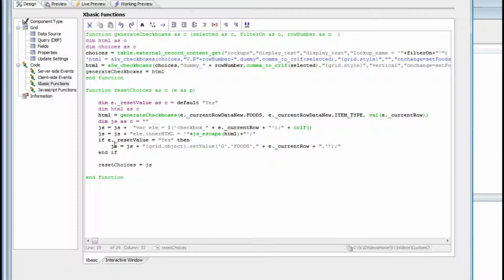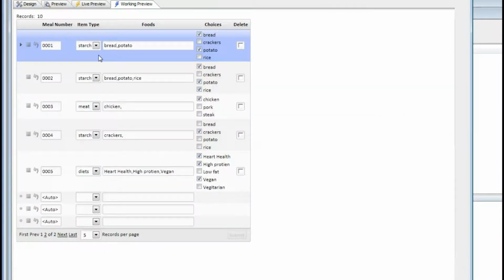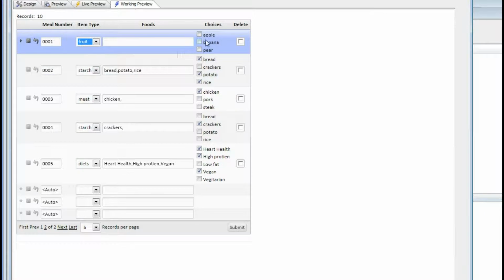So this is the code that gets called when I make a change. When I change to fruits, our AJAX callback takes place. We recompute the choices and then we set the inner HTML of the div to display those choices over there. So at this point everything is working as we would like, excepting there's one little additional